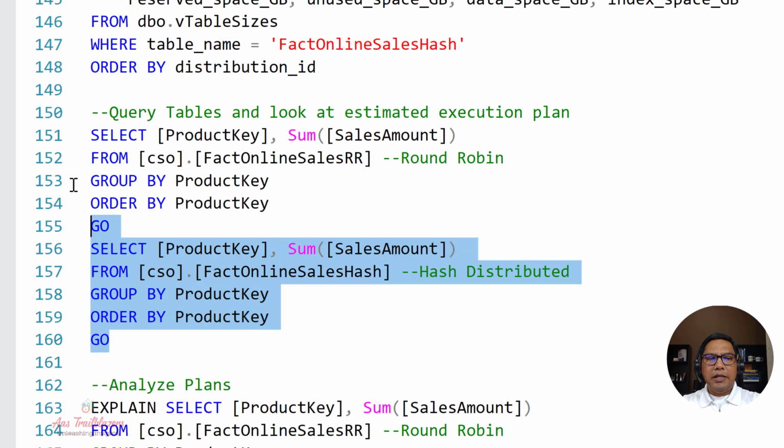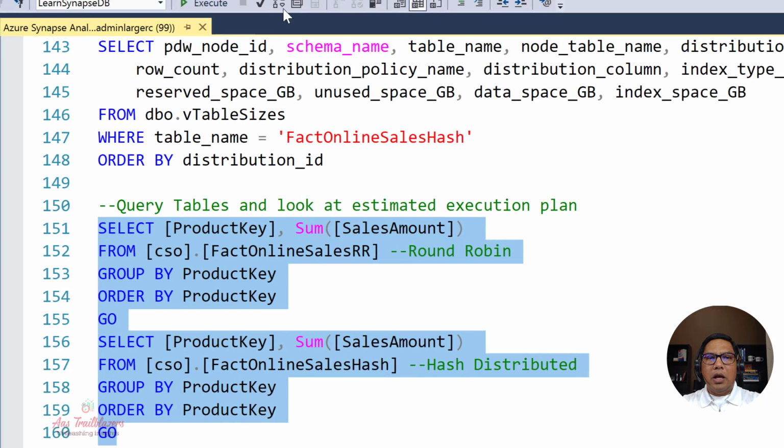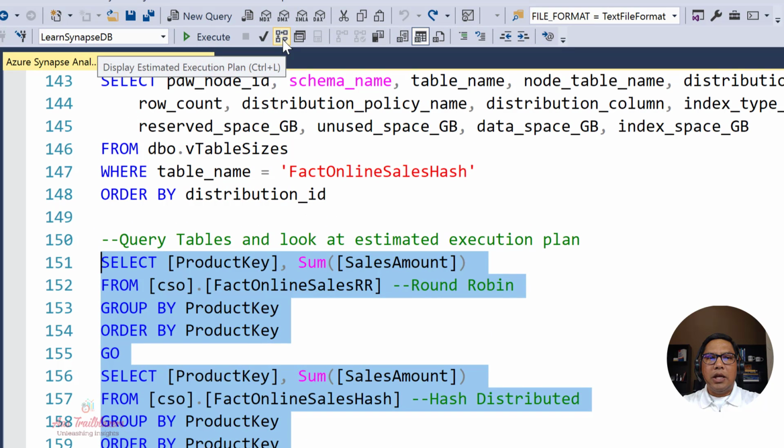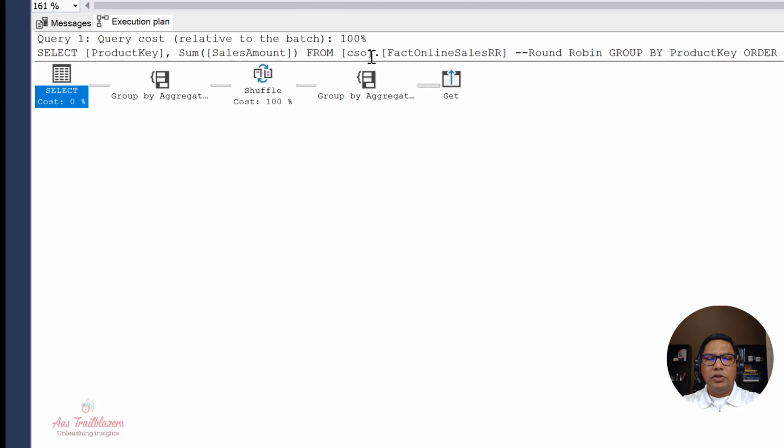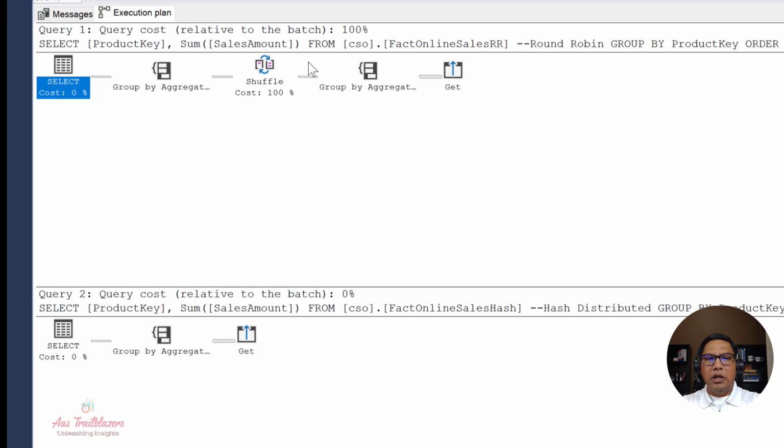Next, let's select these queries again and look at the different execution plans being created for them. To do that, select the queries and click on the display estimated execution plan icon in SQL Server Management Studio. This is going to give us the execution plan for both of the queries. In the first query, most of the time being taken is by the shuffle operator, right? The shuffle operator is taking 100% of the time because we are doing a group by on product key,